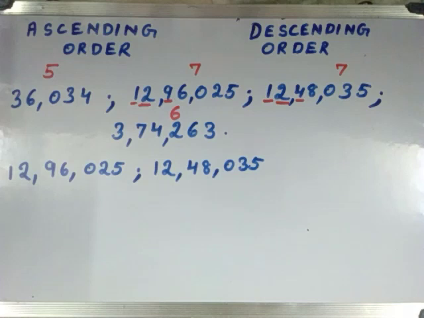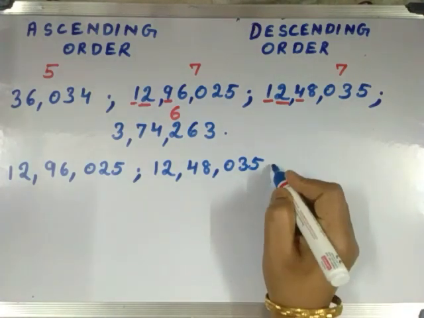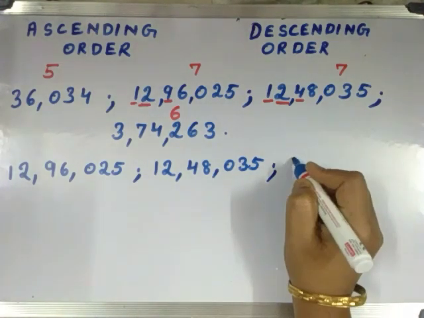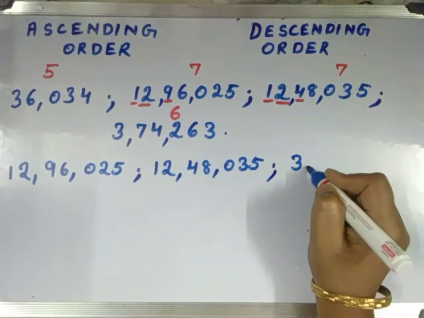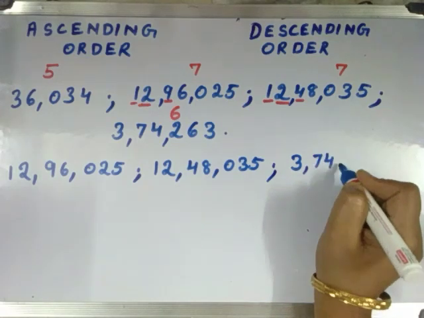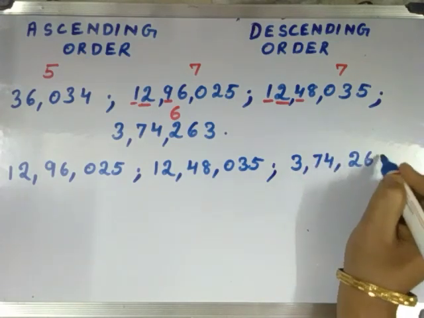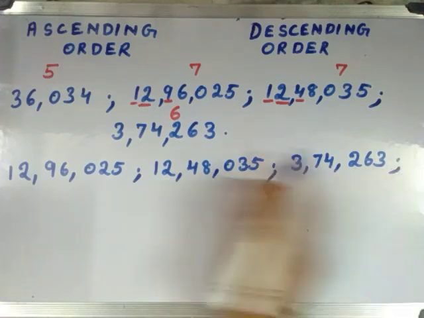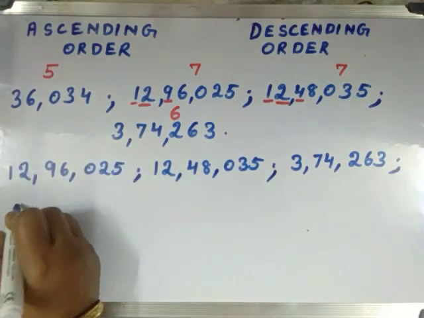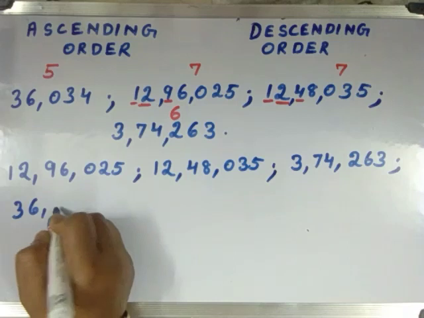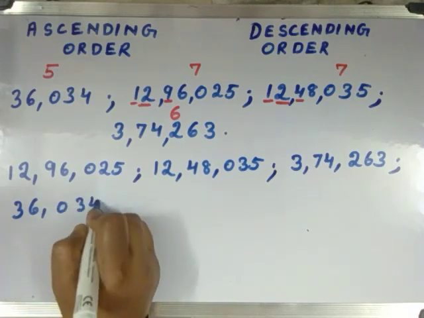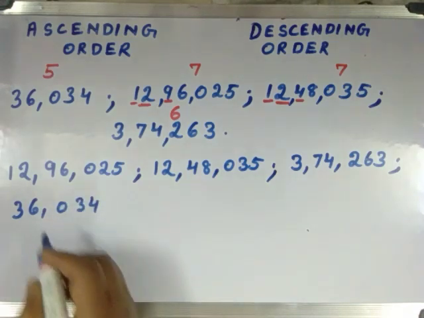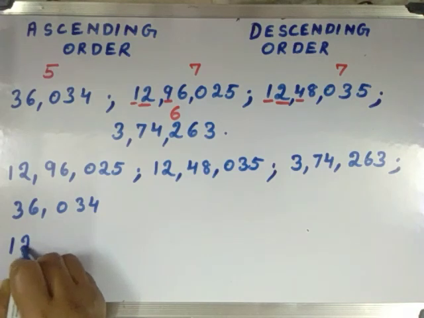The 6 digit number is greater. So we write the 6 digit number, that is 3,74,263. And last we write the 5 digit number, that is 36,034. Now these numbers can also be written as